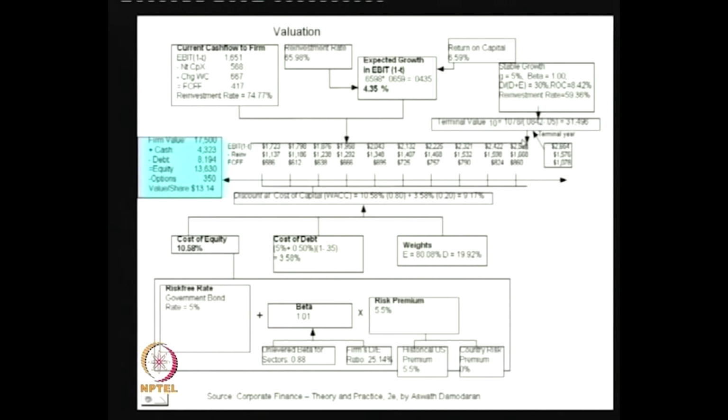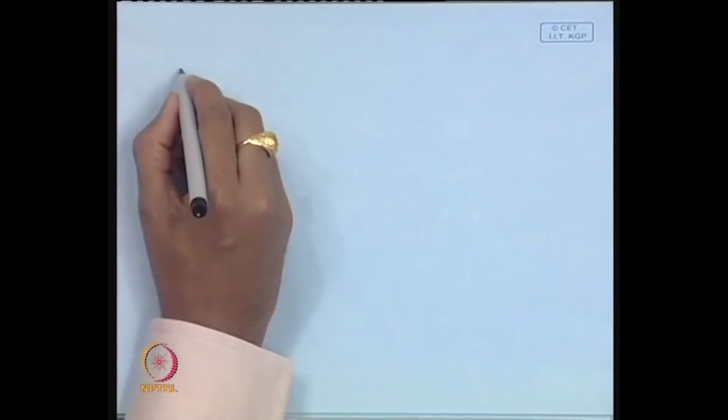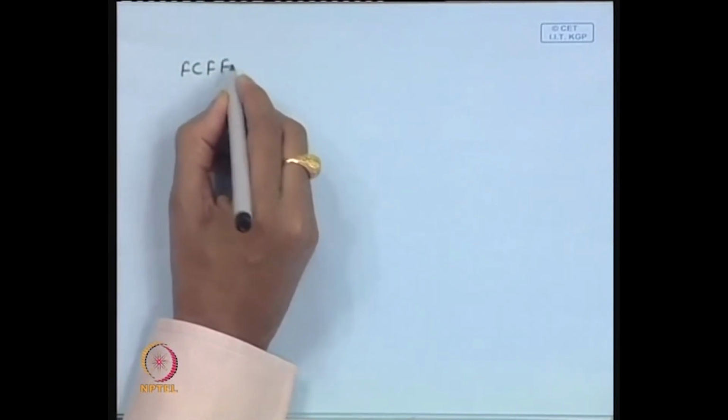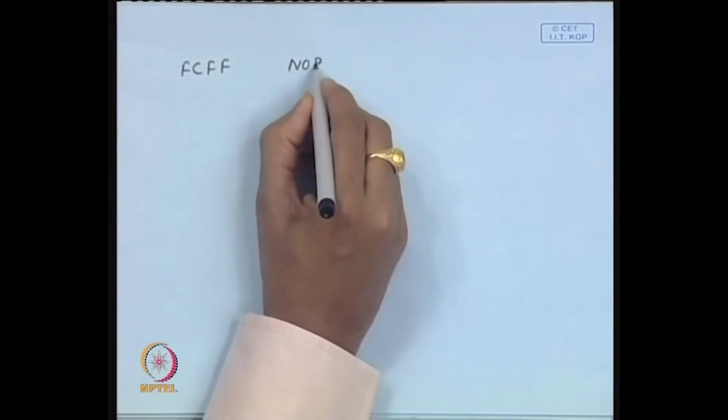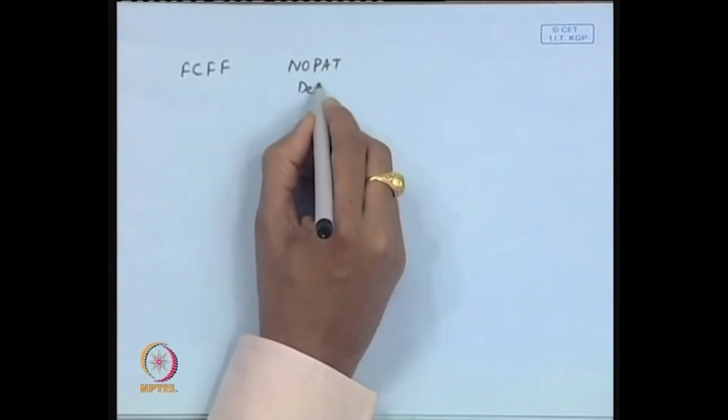So, this terminal value, which is coming at the end of the 10th year, is discounted to bring it to here, along with the individual cash flows, which also have been discounted at the respective cost of capital, and then the farm value has been found out at 17,500 crore. Now, one more thing one has to look at in the valuation of farms is that whatever valuation we talked about is based on free cash flow for the farm. We took something like net operating profit after tax, then adjusted for depreciation, like that we kept on doing.